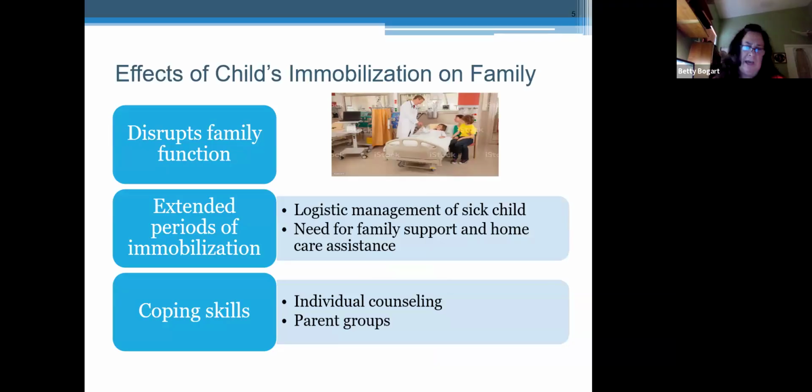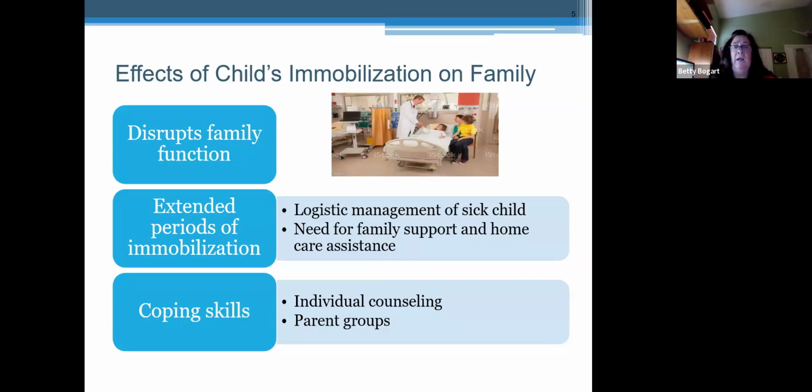What about the family of that child? You have a family now who has a brother, a sister, a son, a daughter, an aunt, an uncle, a grandmother, a grandfather worrying about their child, right? It really disrupts everything. So, extended periods of immobilization and hospitalization. Remember, there is coping that needs to be done on all levels. The family, the child,